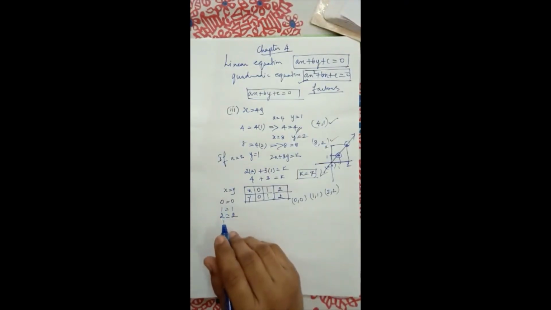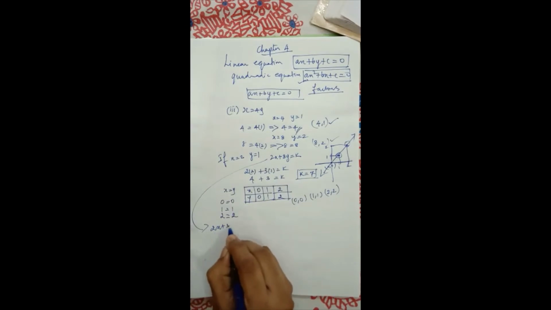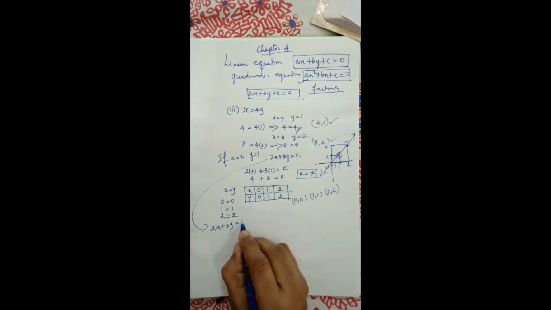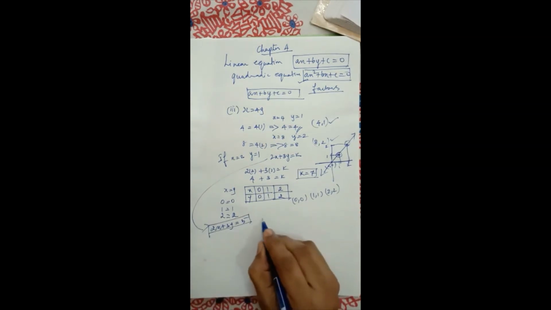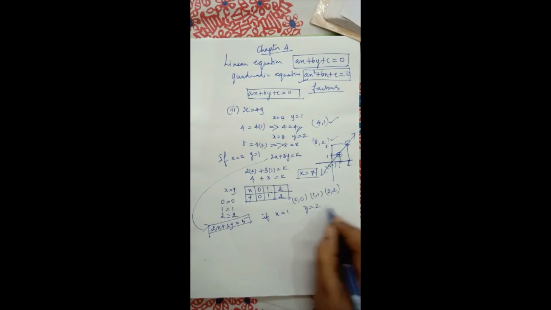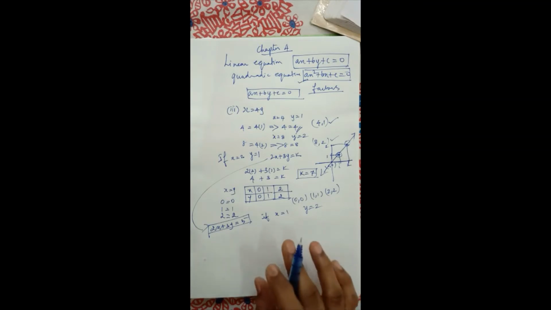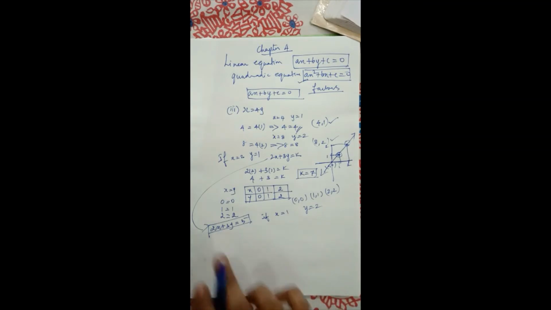Next, students, listen, see this question. Find the coordinates of the equation. Take the equation 2x plus 3y, put 5. So this is the given equation, if x is equal to 1. Okay, so students, listen to the question first. Find the coordinates of the equation 2x plus 3y equal to 5 if x is equal to 1. Students, listen, first you have to find the coordinates for this equation.